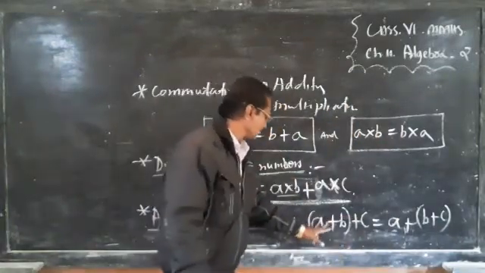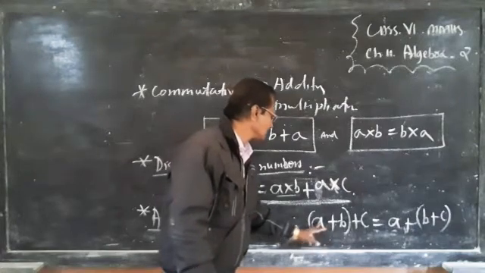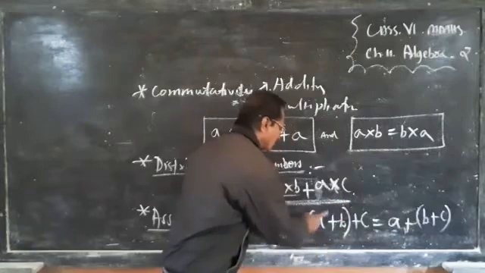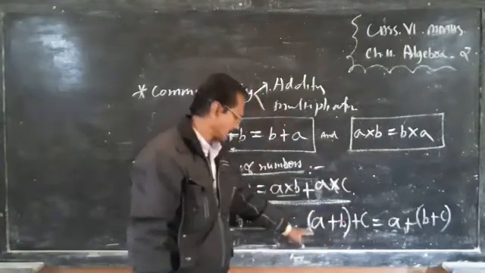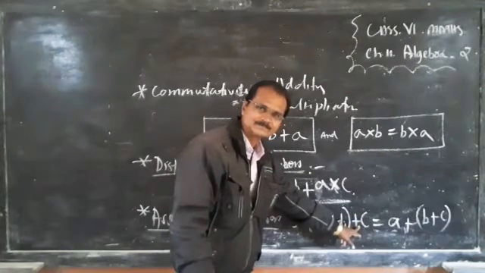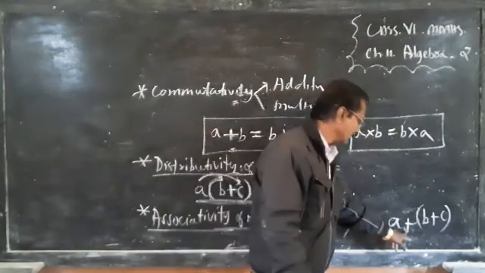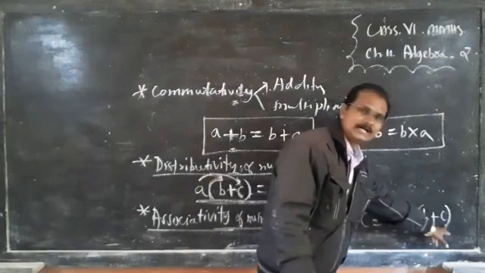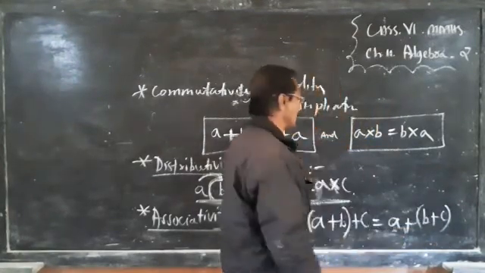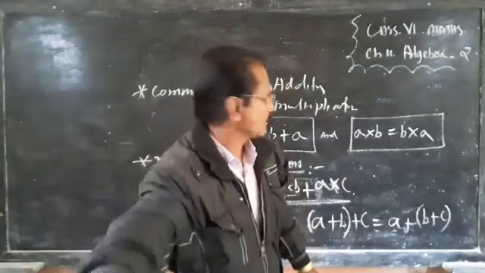Here, first of all, I am adding these two numbers a and b because these two are in the bracket. So आपको a और b add करना है, प्लस करना है. फिर इनका जो आंसर आएगा उसको c के साथ प्लस करना है. Here what will happen? b को और c add करेगा, उसके बाद में a के साथ ऐड करेगा, तो भी आंसर सही आएगा.